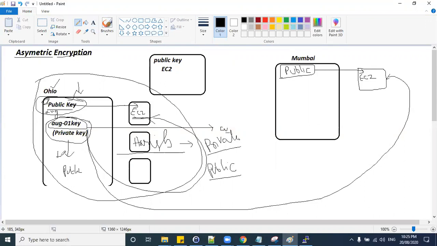Now I want to create one more user called Harish. For this user, I want to give access to log into this machine. Okay, I'll generate a private key for this user, which is fine. But how can I give the public key? The EC2 machine is already available here. For the same machine, with the same public key, I want to add Harish as a user. So let us see how to do that.